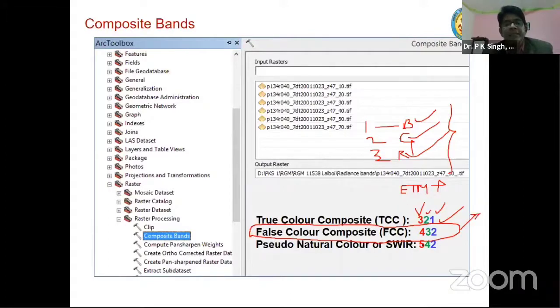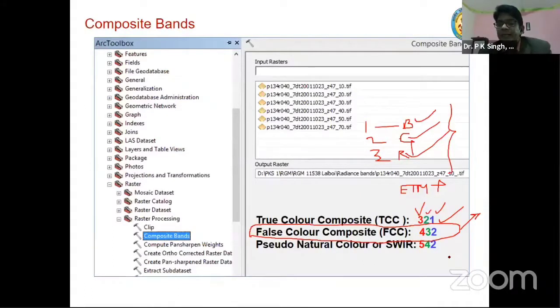This combination has been made. Actually, this green vegetation reflects maximum light in near infrared band.